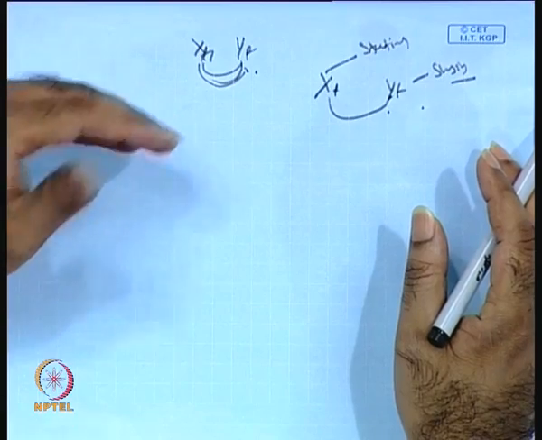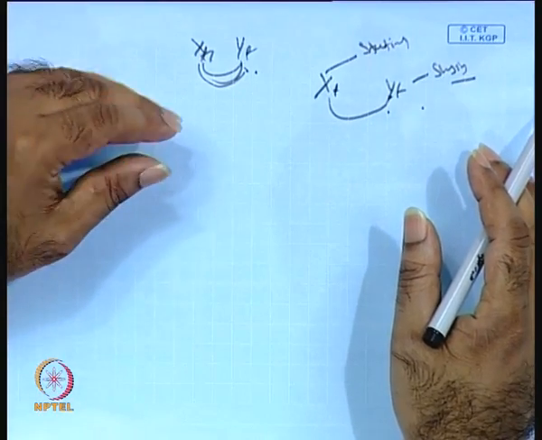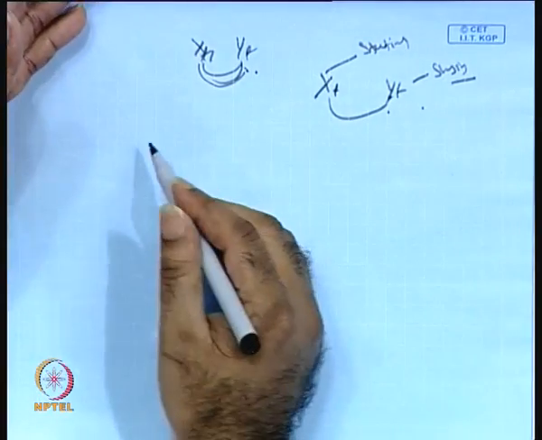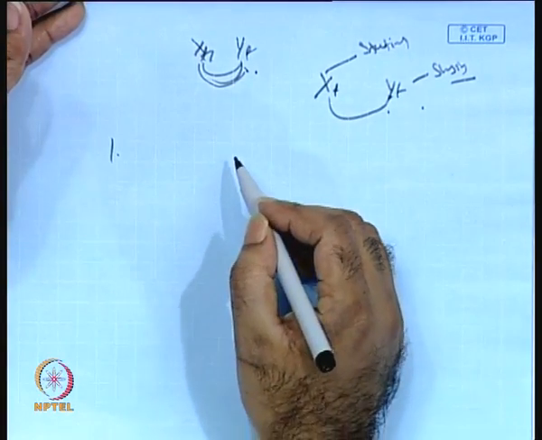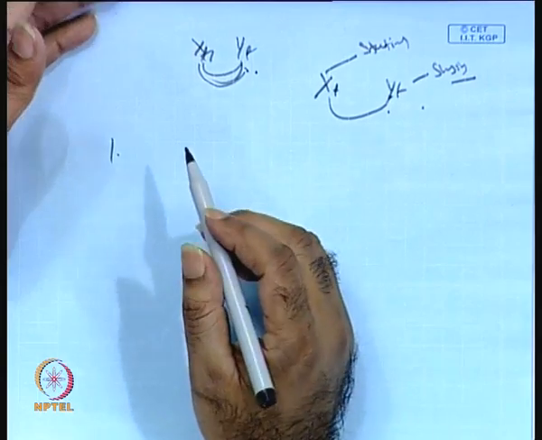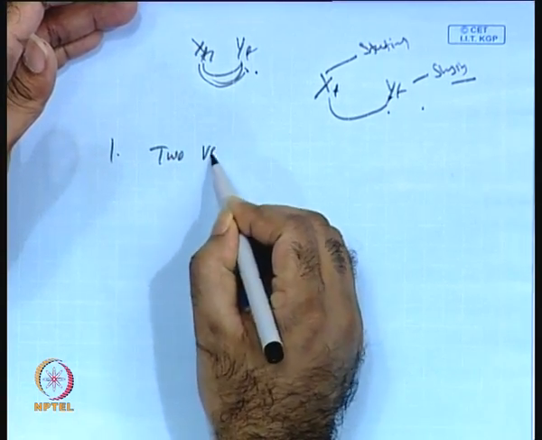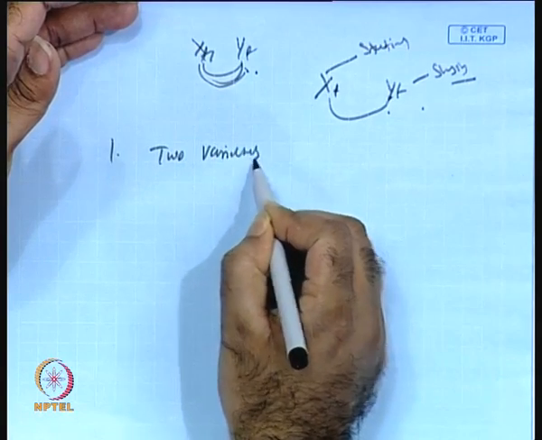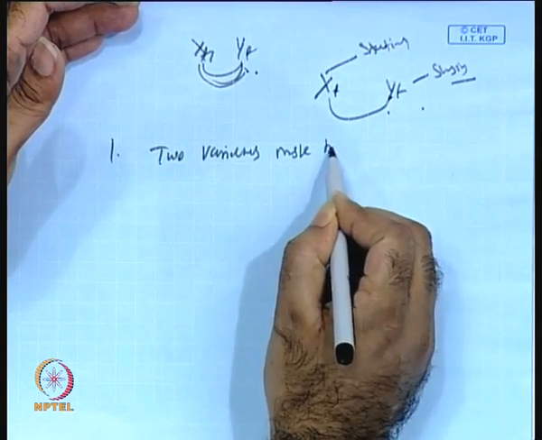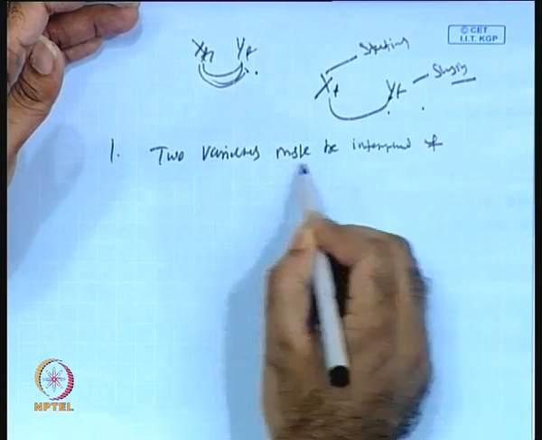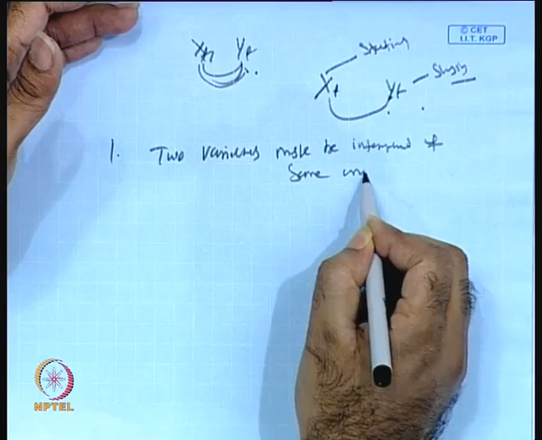So, this Engle-Granger test basically consists of 3 steps altogether. The first step is that two variables must be integrated of the same order. Okay. So, two variables must be integrated of same order. Okay. Preferably